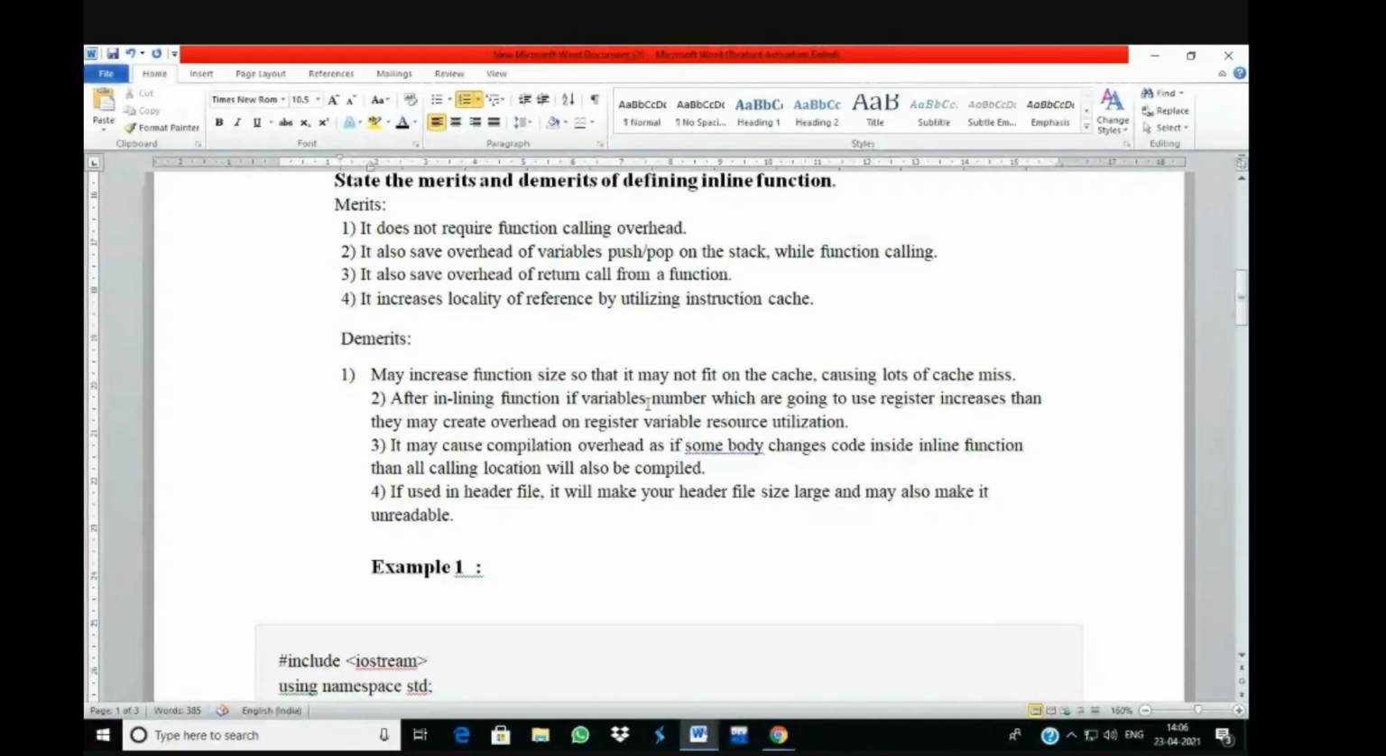After an inline function, if the number of variables which are going to use registers increases, then they may create overhead on register variable resource utilization. ये भी चीज है कि अगर आपके वेरिएबल्स का नंबर जो आप पास करें वो ज्यादा है, तो रजिस्टर जो होता है हमारा मेमोरी, जैसे ऑटो, स्टैटिक, ये रजिस्टर में भी हम डेटा स्टोर करते हैं। एक रजिस्टर 16 बिट्स का रहता है, तो उसमें एक वर्ड हम नॉर्मली स्टोर कर सकते हैं, लेकिन आजकल के कंप्यूटर में रजिस्टर बहुत कम यूज होते हैं. It may cause compilation overhead,